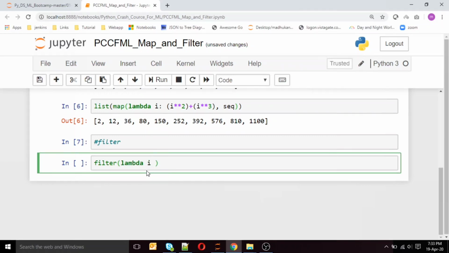lambda i: i is divisible by 2, that is, i % 2 == 0.